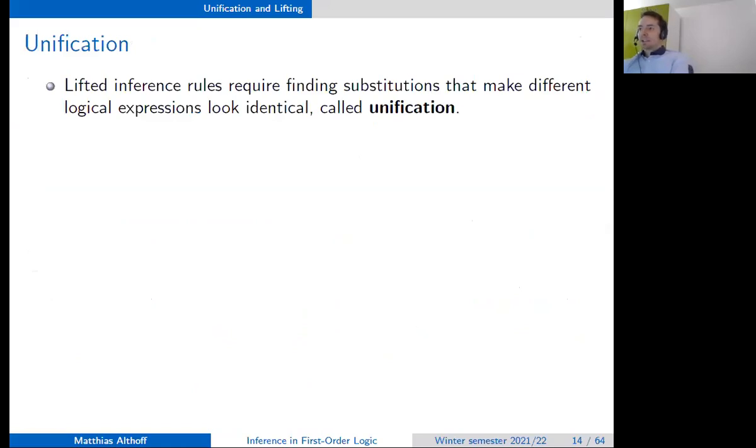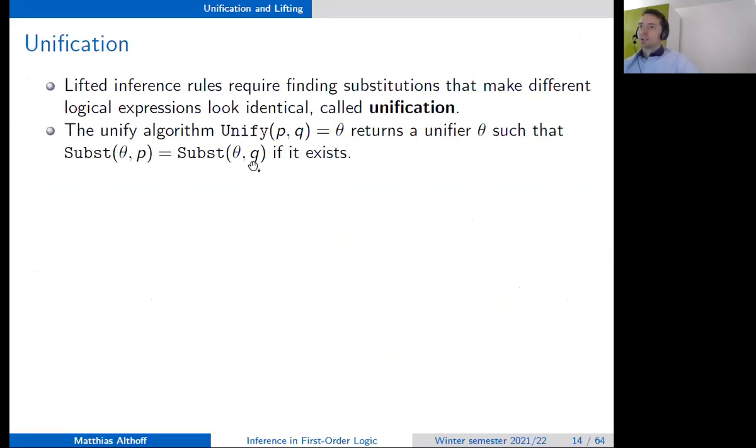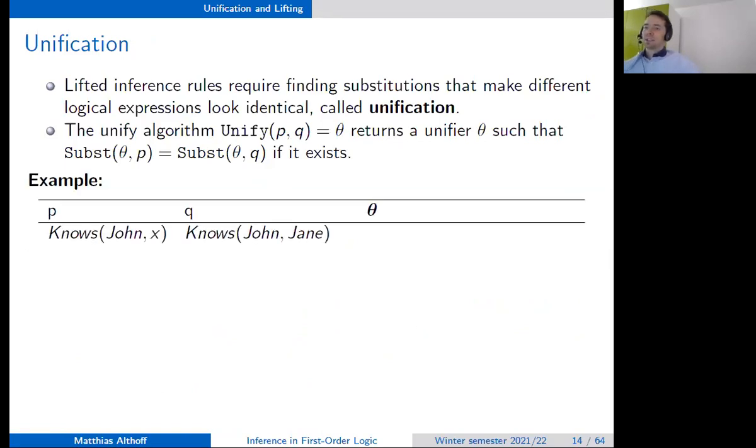So one aspect that we haven't talked too much about today is how we can find these substitutions. And there is a way to do this automatically called unification. There's an algorithm called unify, which performs this automatically. But we will just do this by hand for now. And this will return the replacements theta, such that here the P's and the Q's are matching in the end. So here's some examples. We have John knows X and John knows Jane.